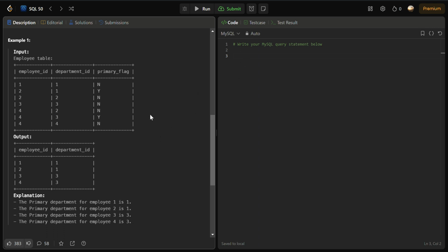So how to write the query for the same? For writing the query, we will consider two things. First of all, we will check if the particular employee has only one record in the table, then just return the corresponding department ID. Otherwise, return the department ID where the primary flag value is Y. So for that,